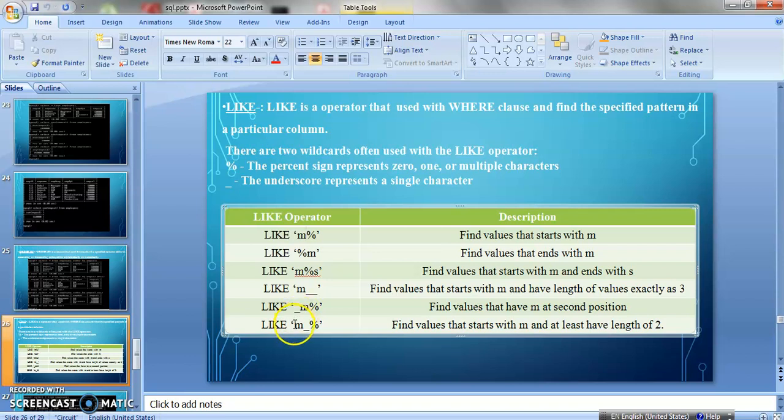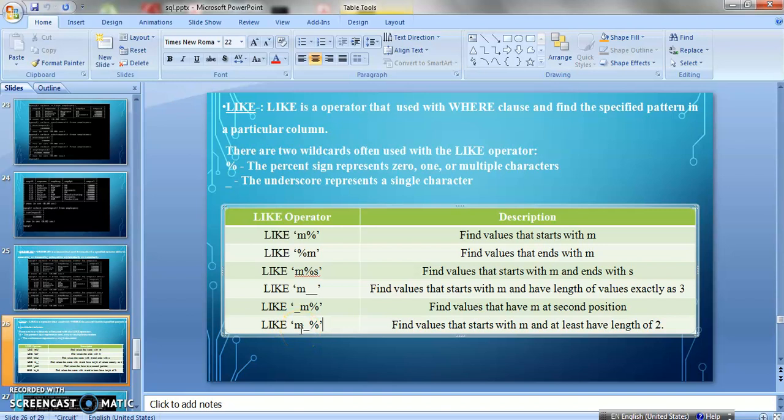Last, M, underscore and percentage. इसका क्या मतलब हुआ? M से तो start हो रहा है, so it will find those values that start with M and at least have a length of 2. Why have I written at least? Because M एक single character हो गया.